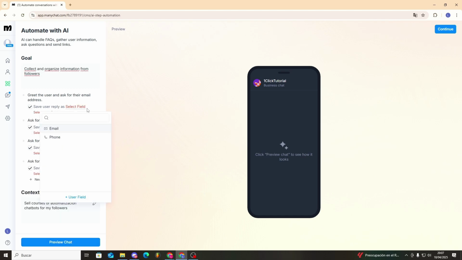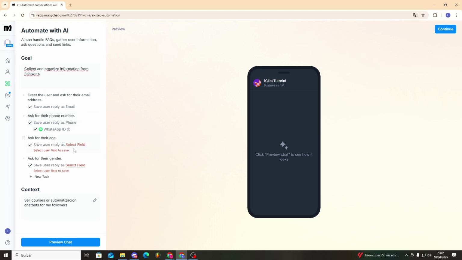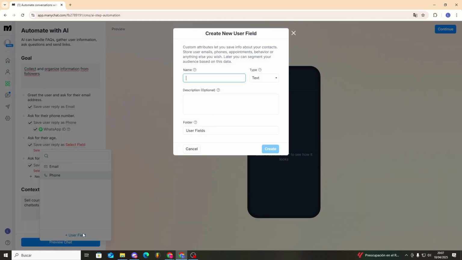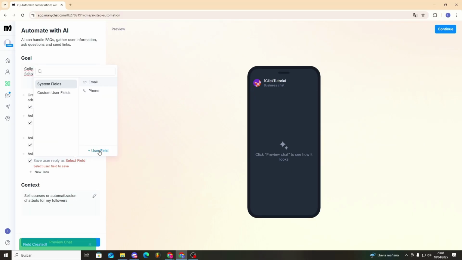First, it asks if we can share our email, so we send it. Now it'll automatically ask for the phone number, age, and finally gender. As you can see, we've obtained the info. Thank you for providing all the information. If you have any questions, we can assist you in any way. This is how we get this info, but